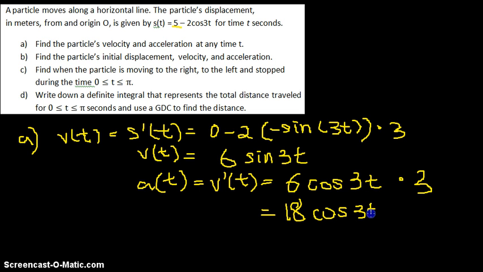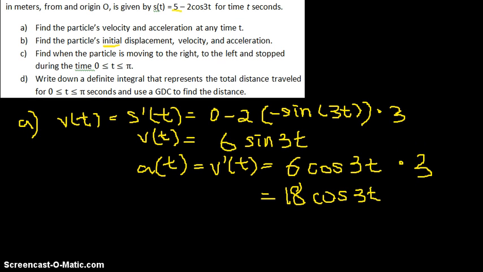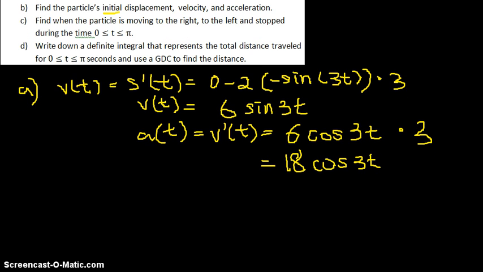Now, for part B, they want us to find the particle's initial displacement, velocity, and acceleration. Initial meaning when time is equal to 0, right? When time is equal to 0. So let me move down a little bit. Okay, so for part B, when time is equal to 0, all you have to do is substitute t equal to 0 into your displacement function. So s of 0